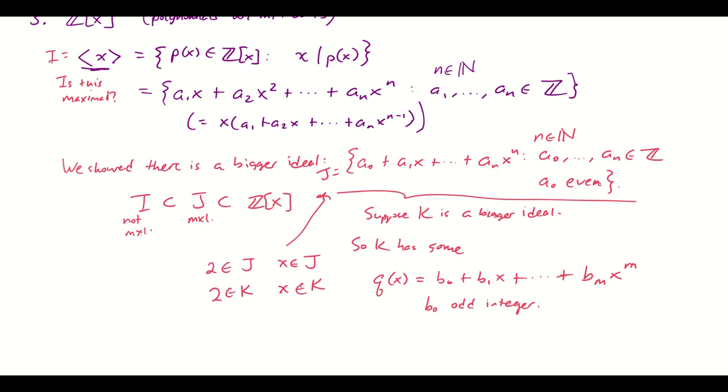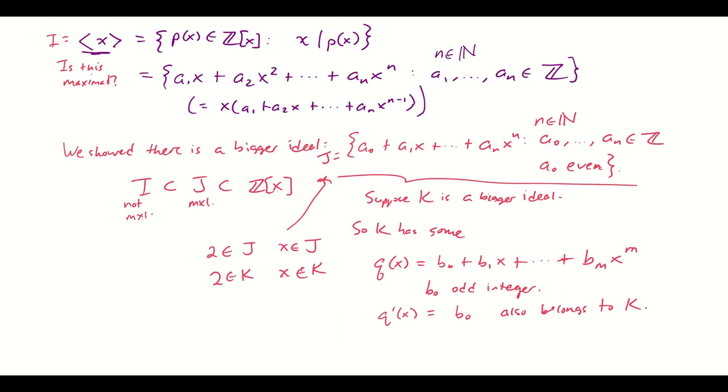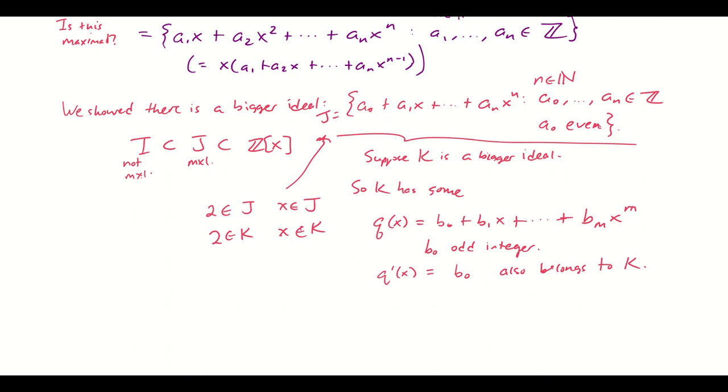So now let's look at Q of x. I know that because K contains the polynomial x, I can knock off any multiple of x here and still have something that belongs to K. All right, so I'll call this Q prime of x, not meaning derivative, just some other Q. So this also belongs to K, because I'm getting that by taking Q of x, which is in K, and removing a big multiple of x, which is also in K. All right, so that Q prime also belongs to K. Now I've got Q prime equal to just this odd number constant polynomial.